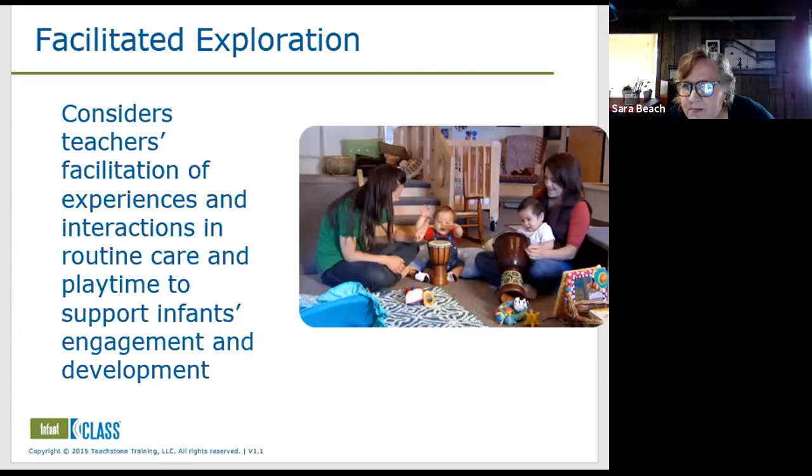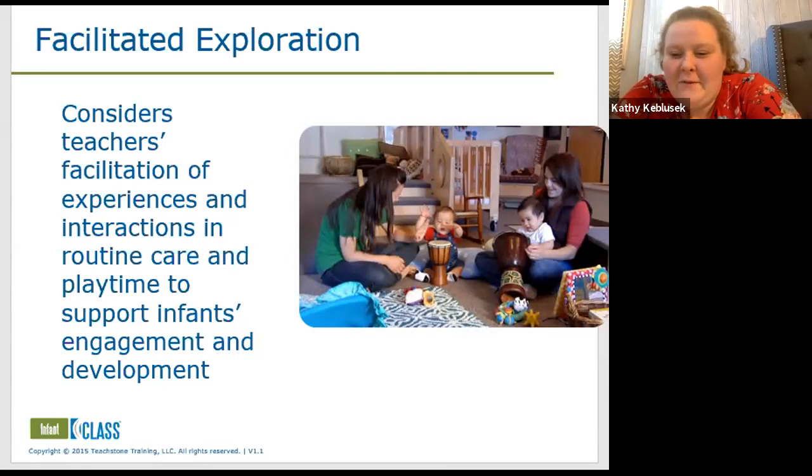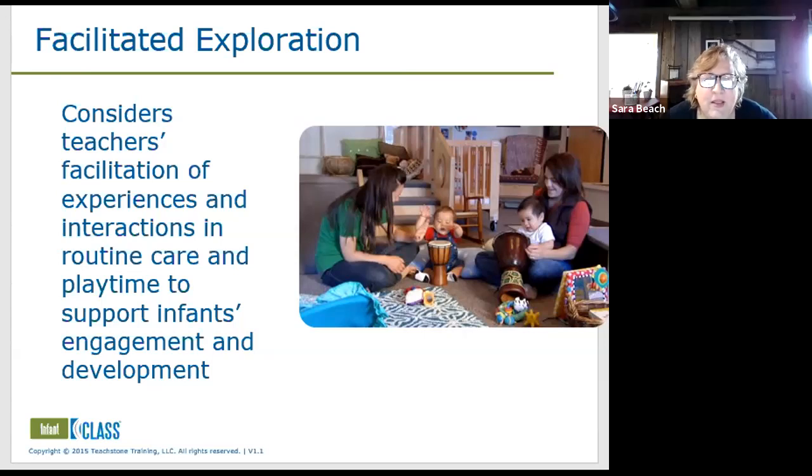Kathy, did you want to say something? Yeah, at first she tried having him move the puzzle piece side to side and noticed that he wasn't doing that. So then she went back to him making the sound of the puzzle, tapping it. She followed his lead for tapping. And then she made the sound again to see if he would do it again, right? And so she was facilitating him. And then at the end, she said, we're making noise, aren't we? She really was intent upon getting him to do that behavior.